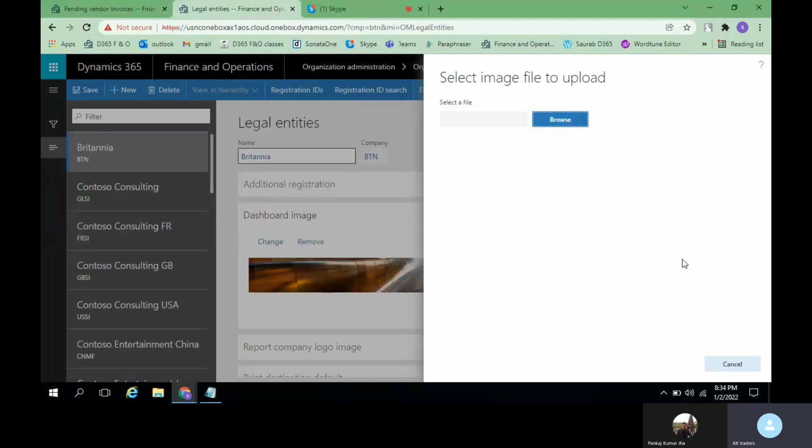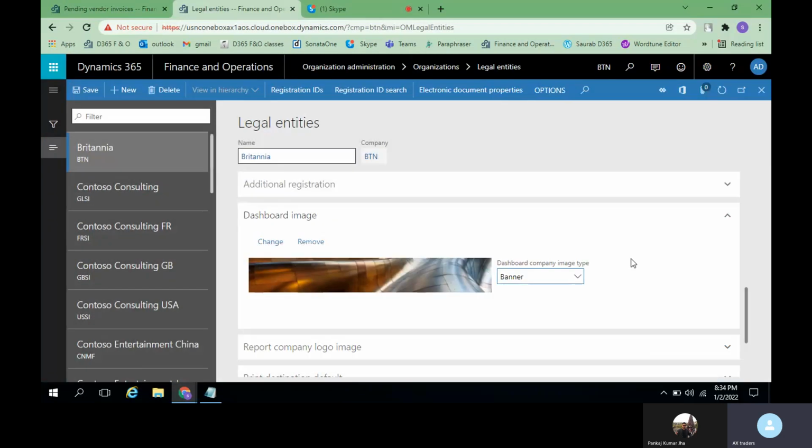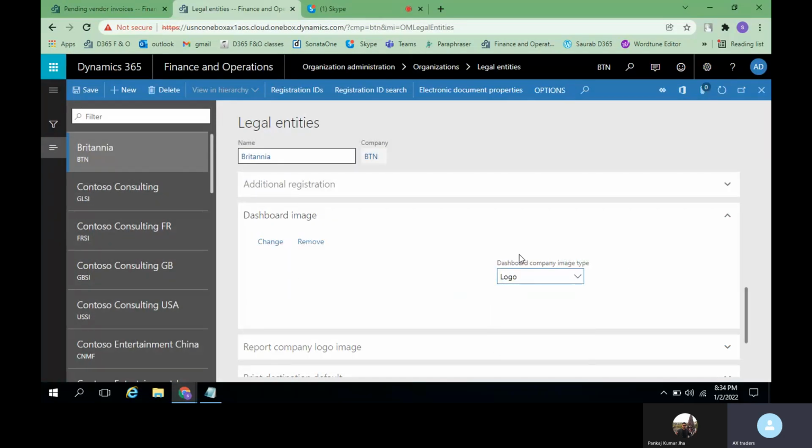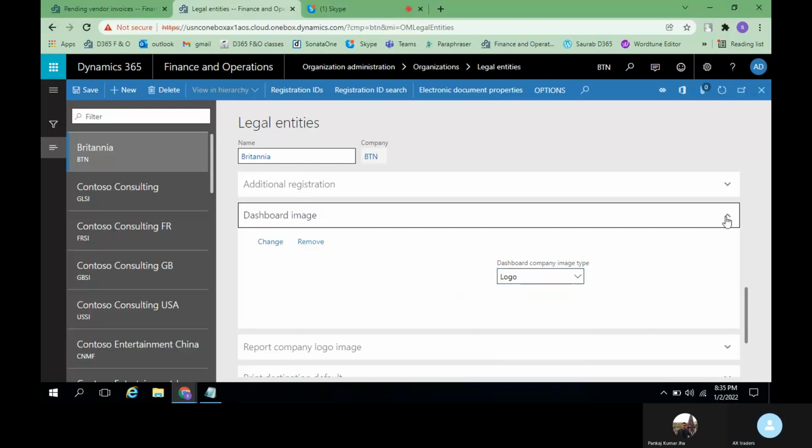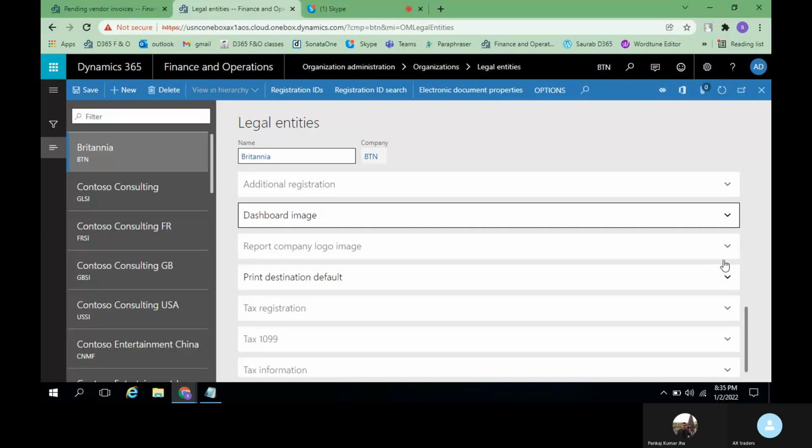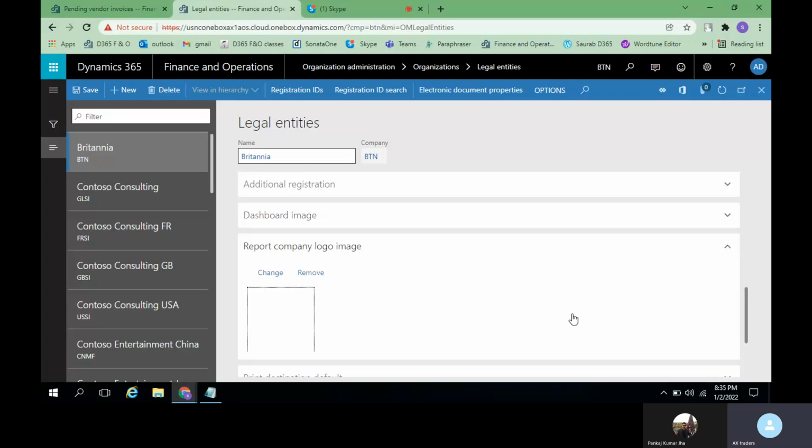Since I have not created any image to upload here, I'm not going to select one. If you have a logo, you can click on change and upload the company logo image. If you have already selected an image, you can either alter it by clicking on change, or you can remove it.